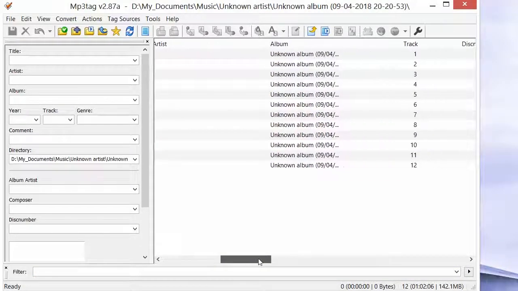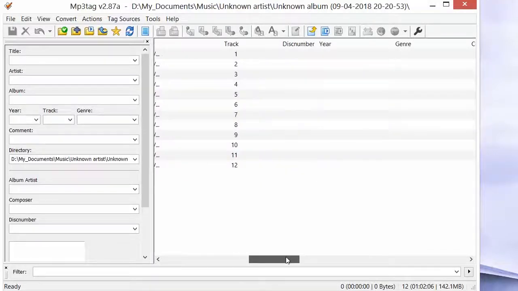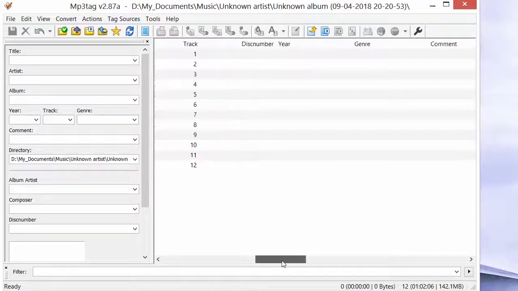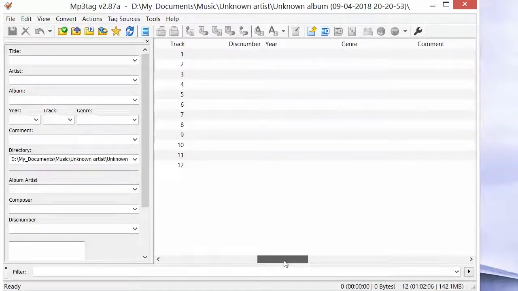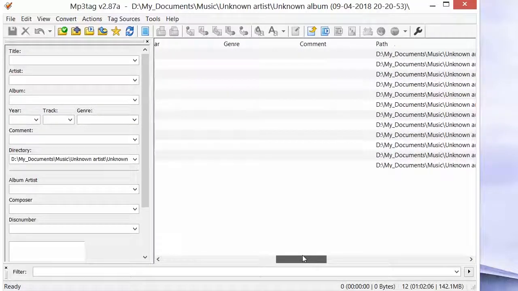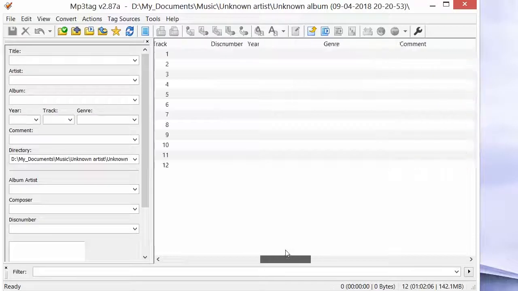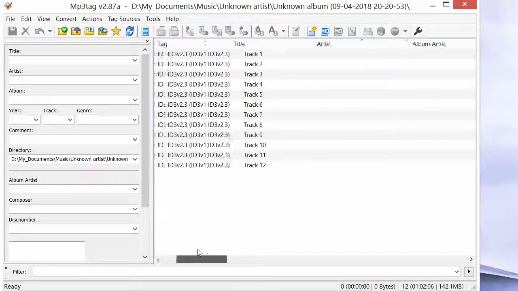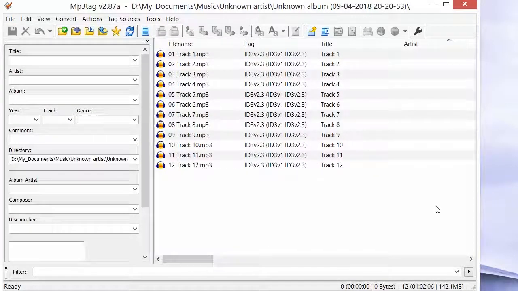It's still worthwhile using this piece of software, which is called MP3tag. It's free. Just search online and download and install it. And what you then do is just use this to verify that everything is okay with the